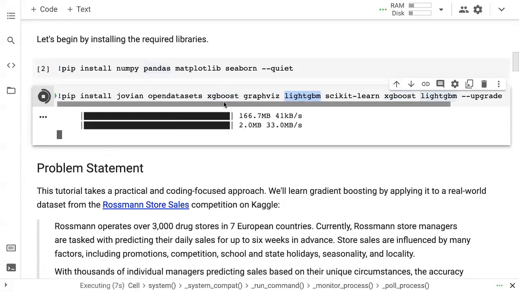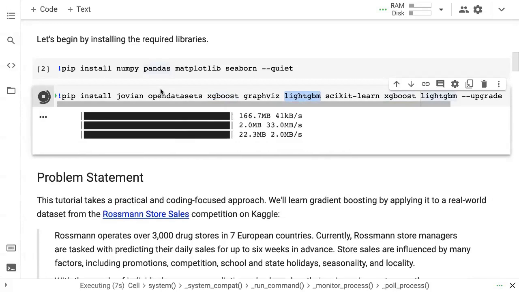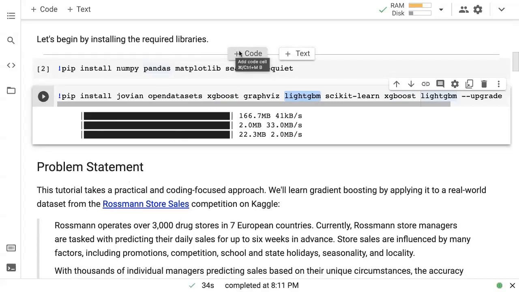And one issue you may face from time to time is when a certain notebook runs on your computer but does not run on Colab, or if it runs on Colab but does not run on your computer. Whenever you face such issues where the same code does not run in two different environments or maybe leads to an error in two different environments, you want to make sure that the version of the libraries that you have installed in the two environments are the same.